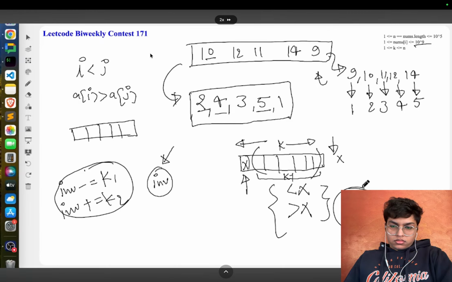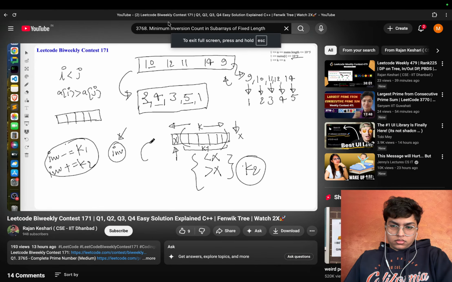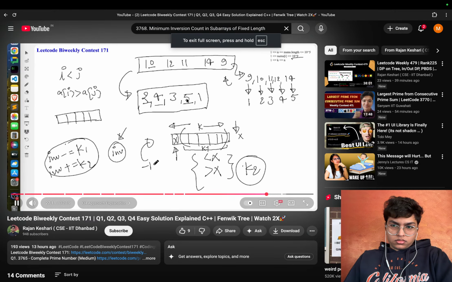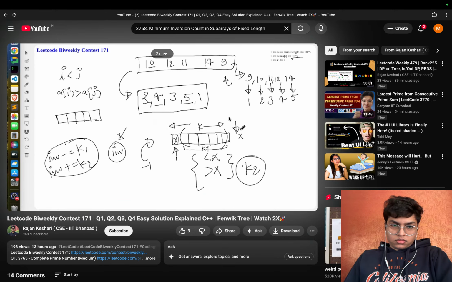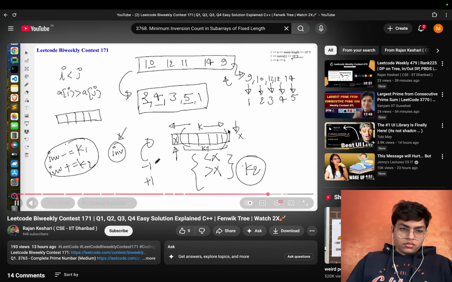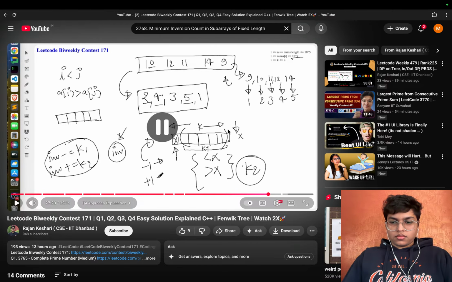So yeah, I hope you understand. So this is the approach. Now to calculate this, since here we have to update and query, right? Once you remove a number, your update value, your contribution, should be -1. -1 means you have removed it, and if you want to add the number, your contribution would be +1, right? +1 and -1. By -1 if you remove the number, and plus